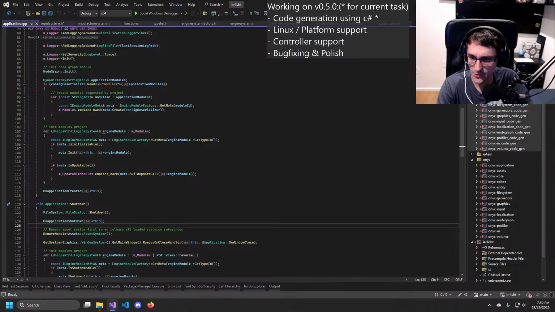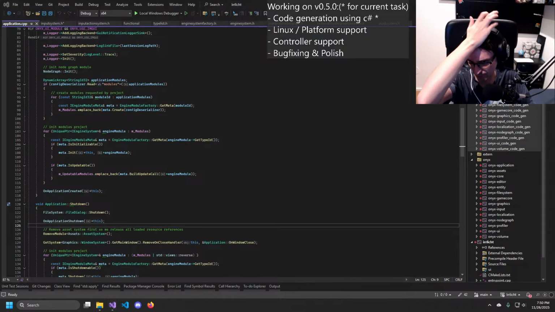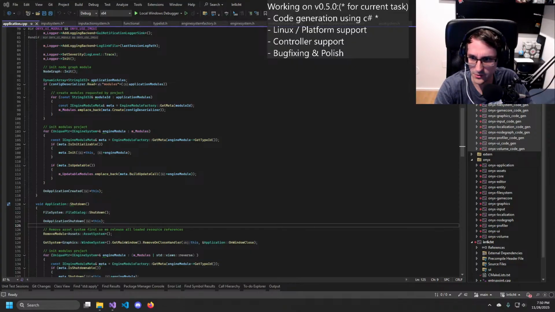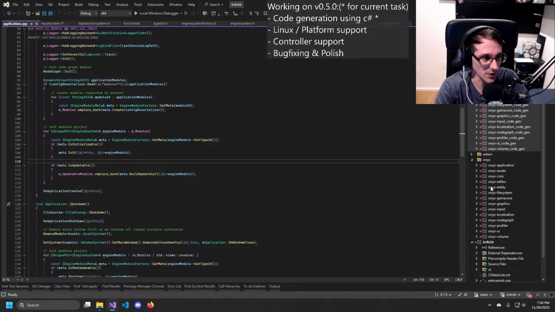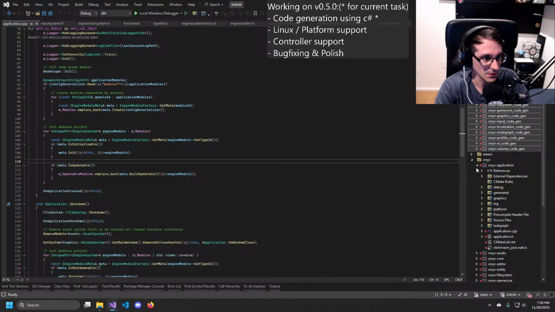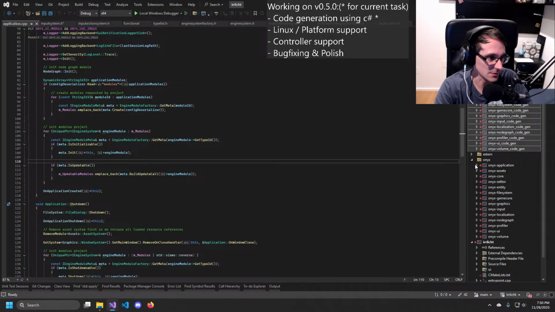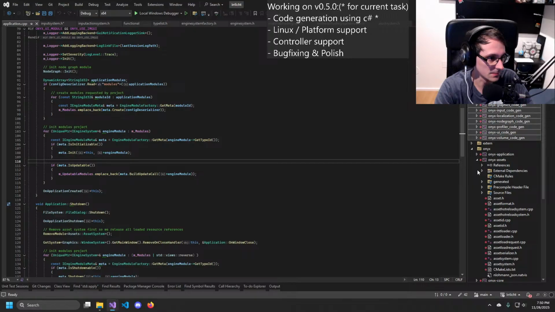I fixed a couple of smaller things yesterday off stream, but nothing too major. So we can continue today with the code generation. It's actually only code generation.